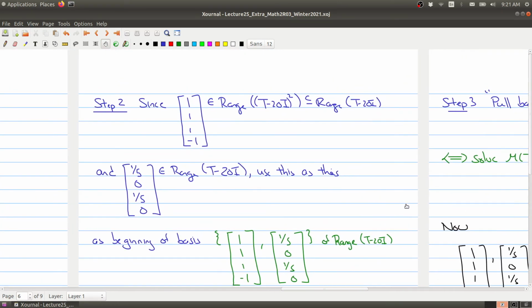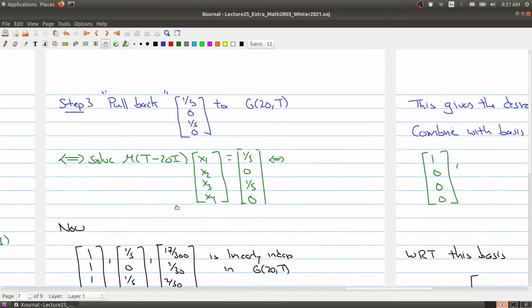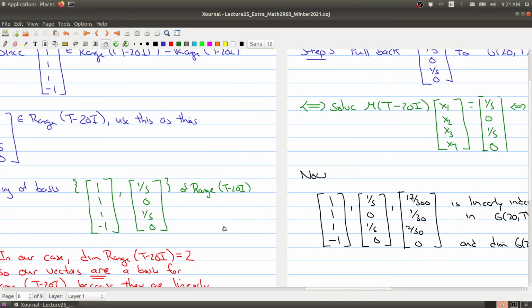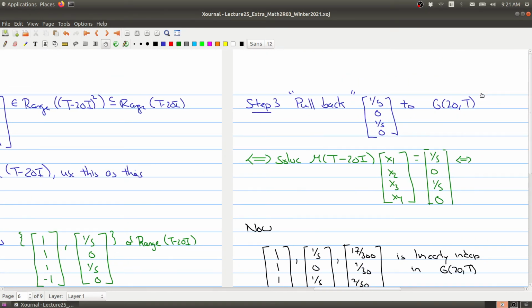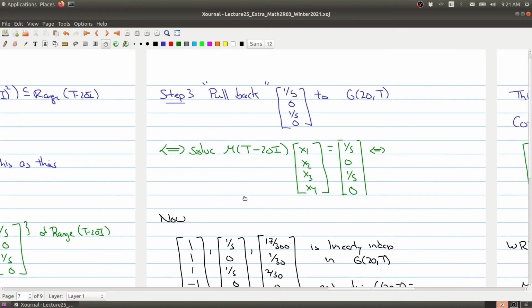Okay, and now step 3 is we want to pull back our basis that we have for range T minus 20I to the basis of the generalized eigenspace. And so this was the new guy that we had introduced at the previous stage. And so we just want to solve this equation. We're asking what thing gets mapped to this. We're just solving this system of equations, and using your linear algebra skills, you have that the solution to this is